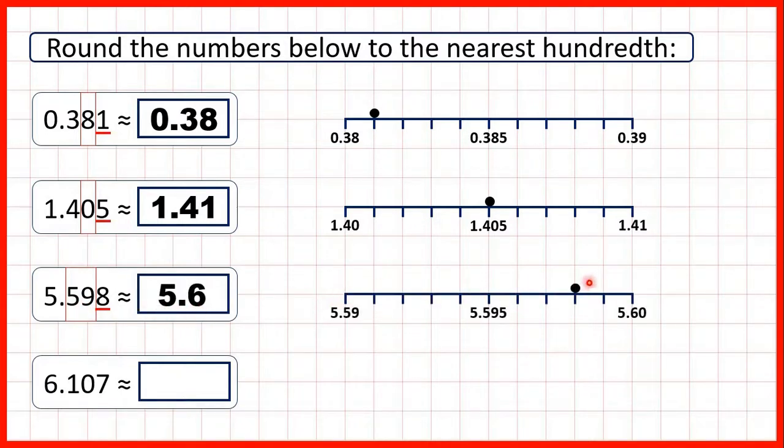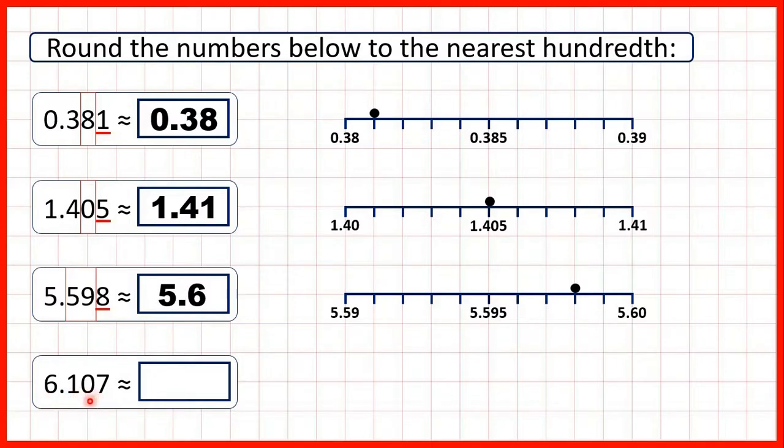We can see on a number line that 5.598 is closer to 5.6, which is the same as 5.60, than it is to 5.59, so we can see that we need to round up. Now we have